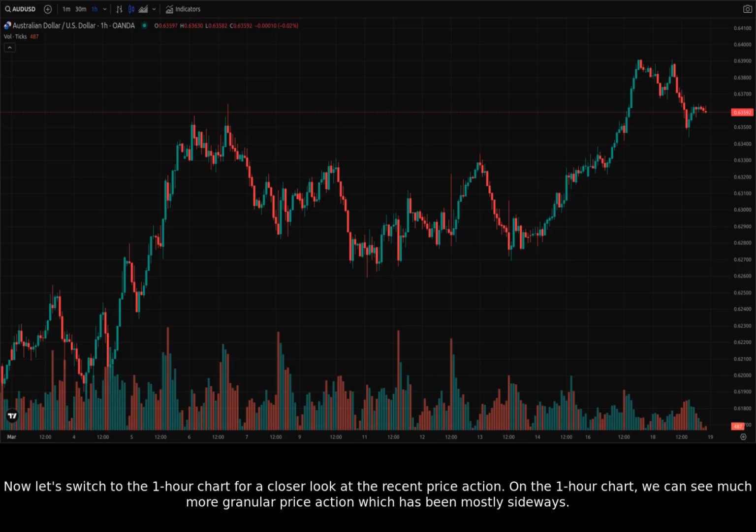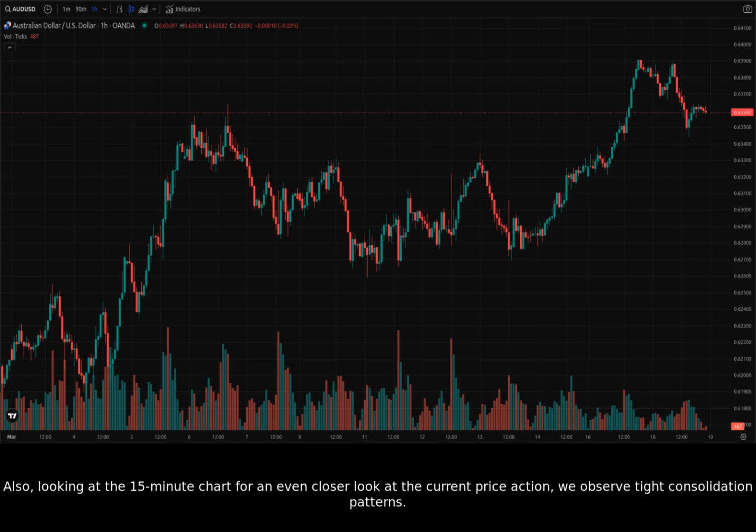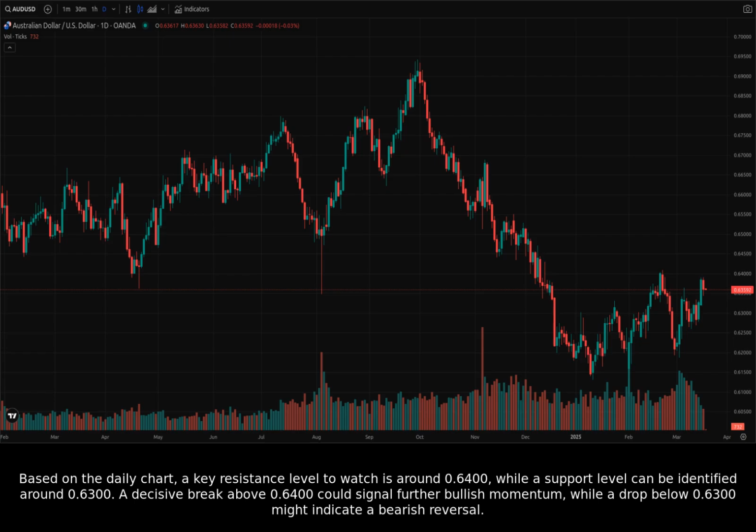Now let's switch to the 1-hour chart for a closer look at the recent price action. On the 1-hour chart, we can see much more granular price action, which has been mostly sideways. Also, looking at the 15-minute chart for an even closer look at the current price action, we observe tight consolidation patterns. Based on the daily chart, a key resistance level to watch is around